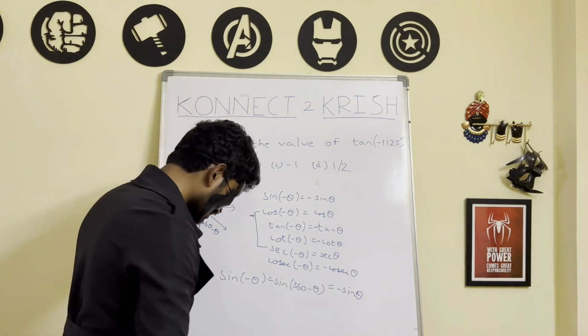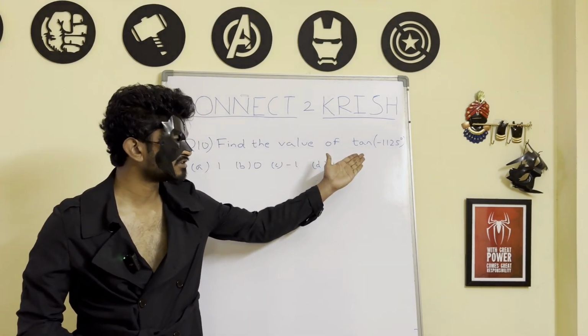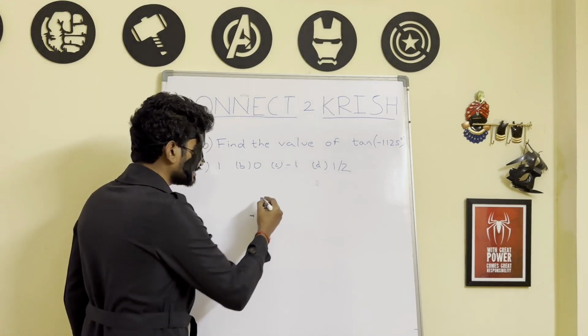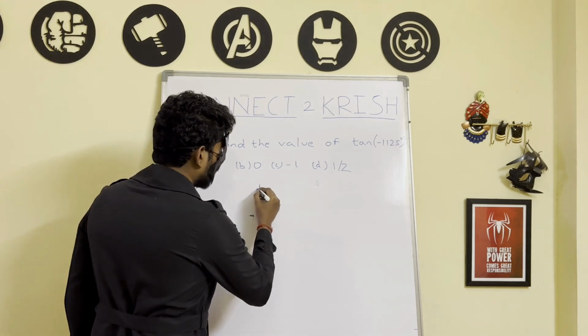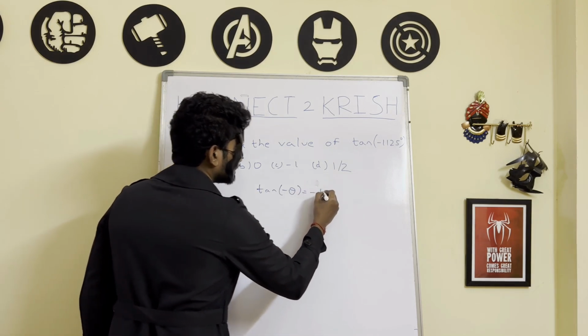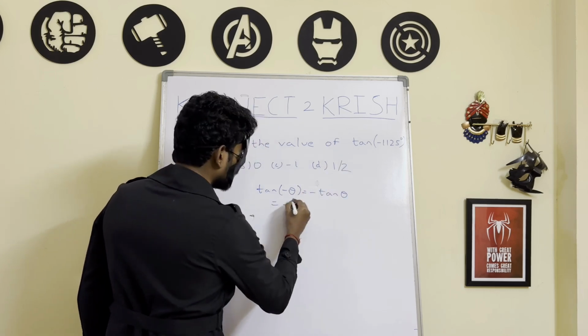So now let's solve this question. Superhumans, coming back to the question, tan of minus 1125. As I already taught you, tan of minus some theta is nothing but minus tan theta. So this can be written as minus tan